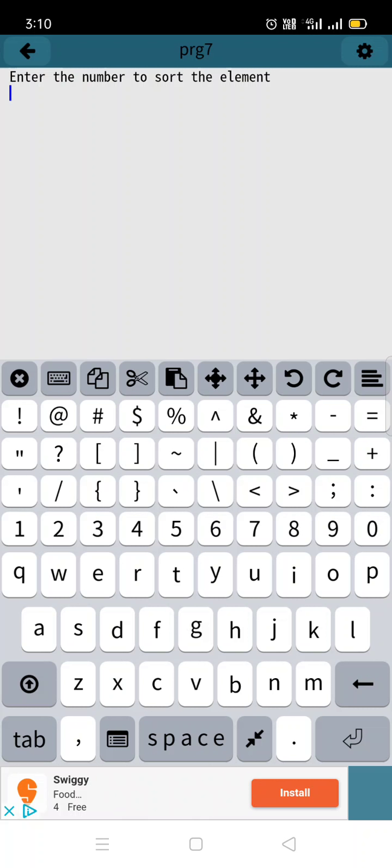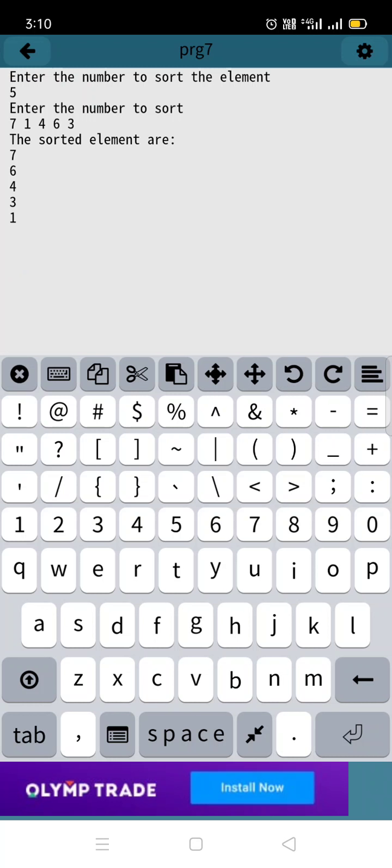I'll give the element count, n value as 5, and put enter, and again we'll put the numbers here and press enter. You can see the numbers are displayed in descending order. So like this the program is going to work.